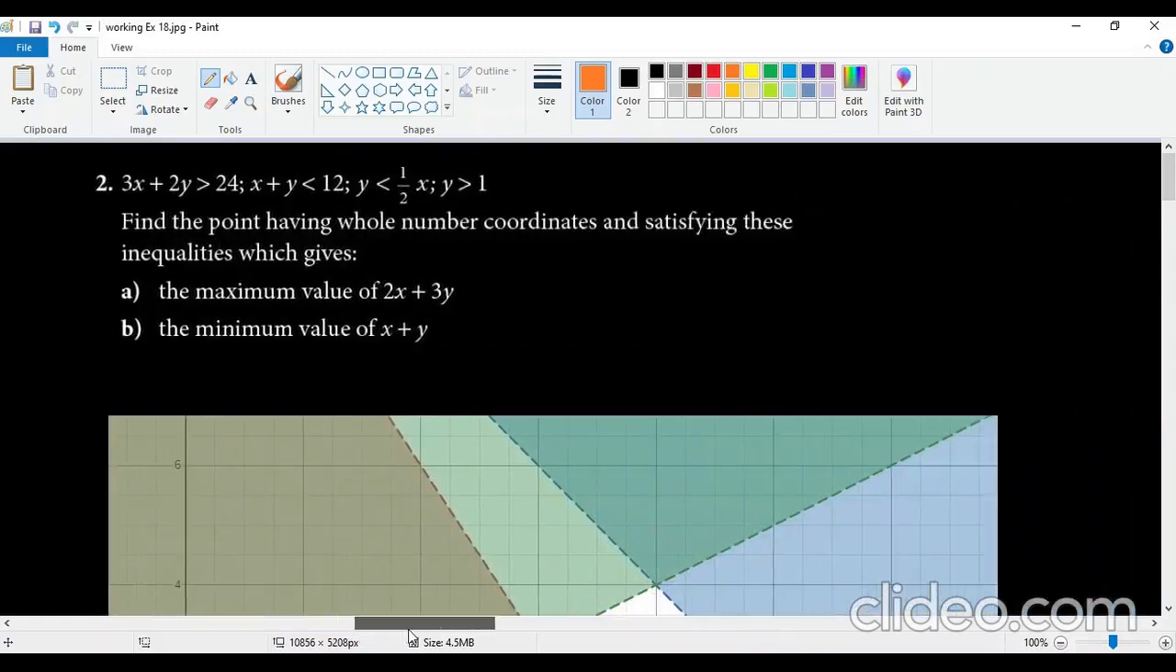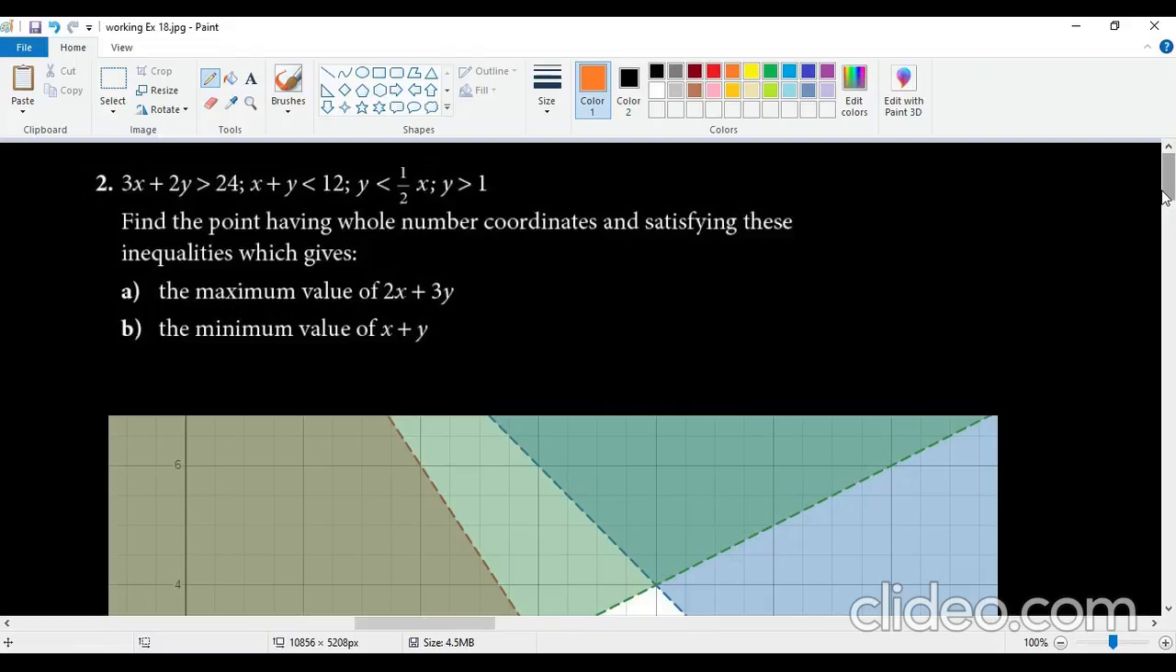which is saying that 3x plus 2y is greater than 24, x plus y is less than 12, y is less than 0.5x, and y is greater than 1. Now, as you know from the previous question, the maximum value is 2x plus 3y,